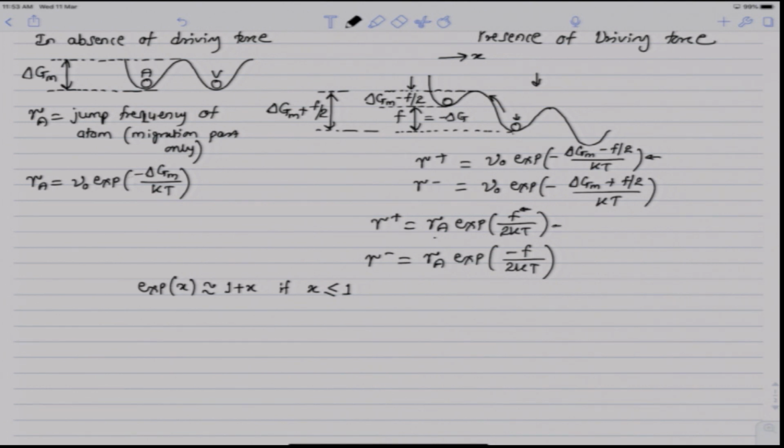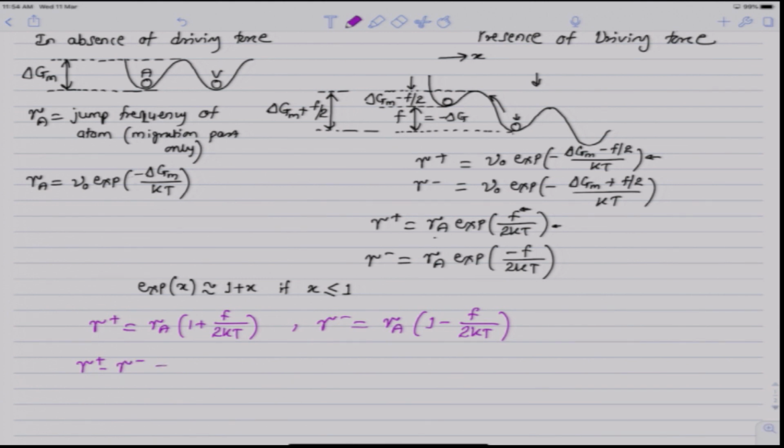Now, in these expressions for gamma plus and gamma minus, f is usually much less than kT, and so we can use this approximation and we can write gamma plus is equal to gamma A times 1 plus f over 2 kT, and gamma minus is equal to gamma A times 1 minus f over 2 kT, and the difference between the forward and reverse jump frequencies would be